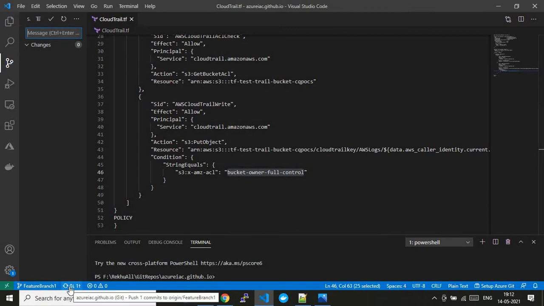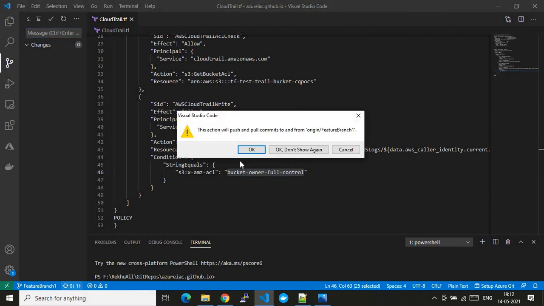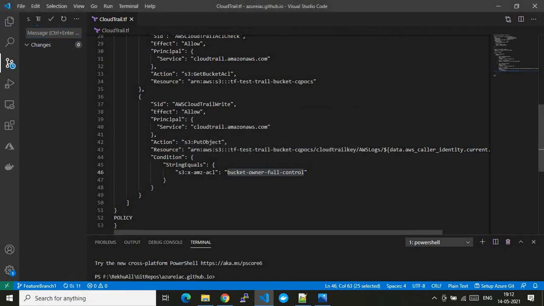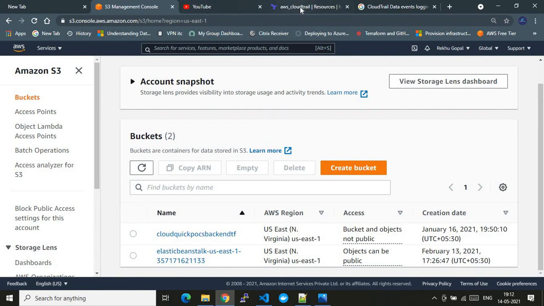The change has already been committed, and now the synchronization button says that there is a need for upstream branch synchronization. Let me do that. Once the synchronization gets completed, the upstream branch, nothing but the branch sitting in the GitHub account, will get automatically updated, which will in turn invoke my GitHub action. So let's go and see that.